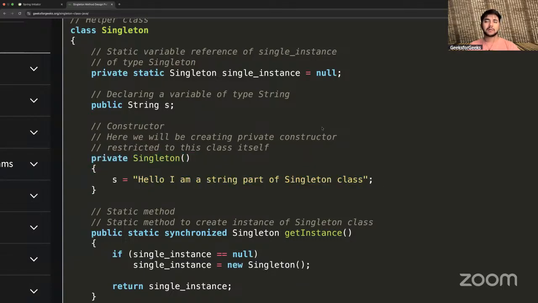Okay, I'm talking about singleton again. A class is called a singleton class if and only if at any point in time you can have not more than one object of that class. For people who are asking me to explain this in any other programming language than Java, I am not going to answer this question.